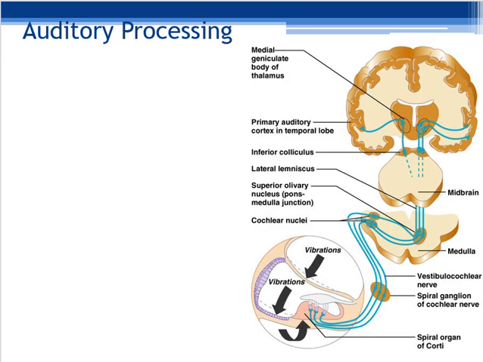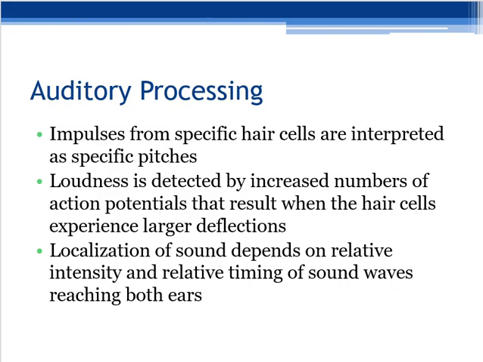So auditory processing goes from the cochlear duct up the brainstem to the thalamus. That's again our relay station, or kind of area in the brain that everything enters that is sensory, and then out towards the primary auditory cortex, which is in the temporal lobe. Then from the primary auditory cortex, it will move to an association cortex to be processed,